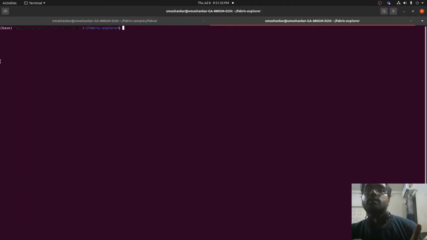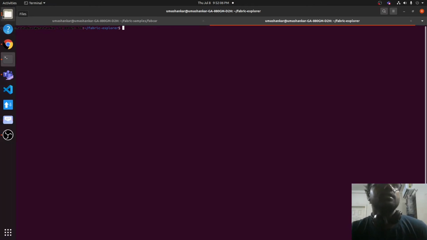For this Hyperledger Explorer to interact with your Hyperledger Fabric, it actually needs access to one of your running nodes. Which means that it needs to have the certificates available in its folder, so that it will use that path to access your node to get information from your node. So for that reason, you have to copy your organizations folder from your FabCar example to the Fabric Explorer.